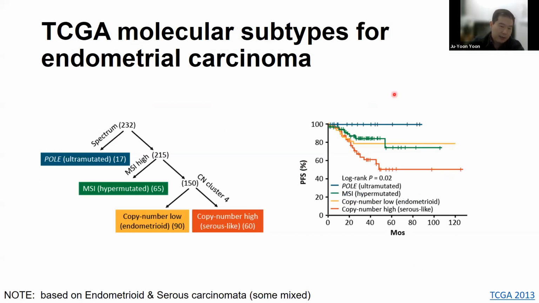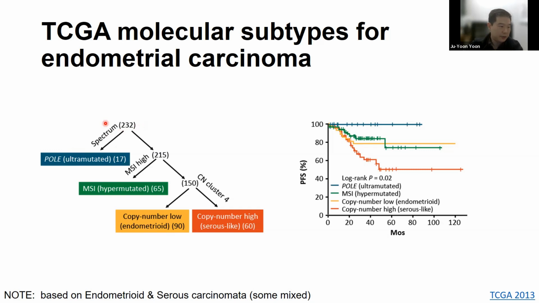Why that's particularly interesting and important for us in the gynae world is that we use this very much for molecular subtyping of endometrial carcinoma. This is the now fairly old TCGA study, but a very pivotal one, looking at endometrioid and serous carcinoma, some are mixed of the two types, but this study focused on these two histotypes, where we were combining different genomic features of the carcinoma. We were able to generate these four groups.